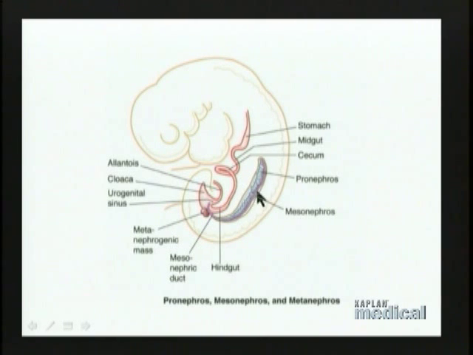The mesonephric duct, which was being used to conduct urine from the mesonephros, is retained in males. And in males, its function is converted over to a genital tract function, and it becomes the ductus deferens. So the mesonephric duct in males becomes the ductus deferens. Remember that the gonad was developing right next to where the mesonephros was developing, so that kind of makes sense now, that the